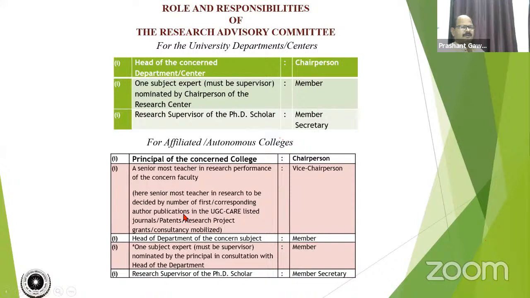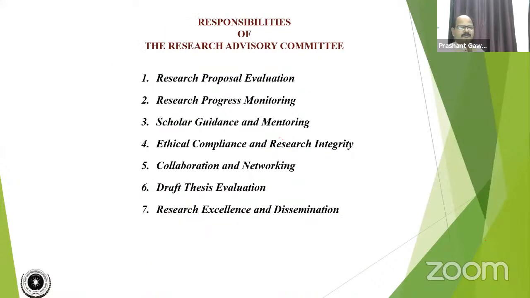For autonomous and affiliated colleges, the Principal of the concerned college is the chair, and again the senior most teacher. Again, criteria is there: the head of the department concerned, one subject expert, and one research supervisor of the PhD scholar, who is the member secretary. The RAC handles research proposal evaluation and research progress monitoring through the yearly progress report,